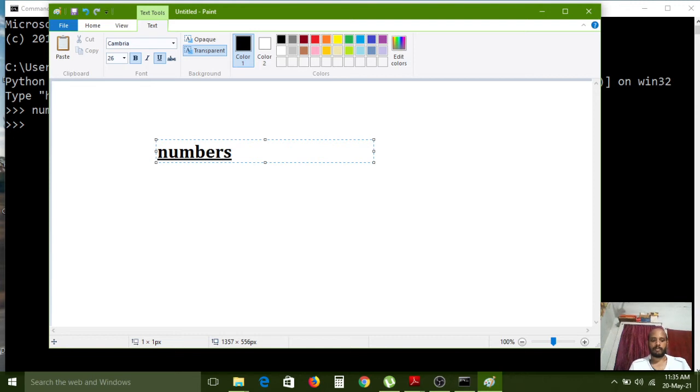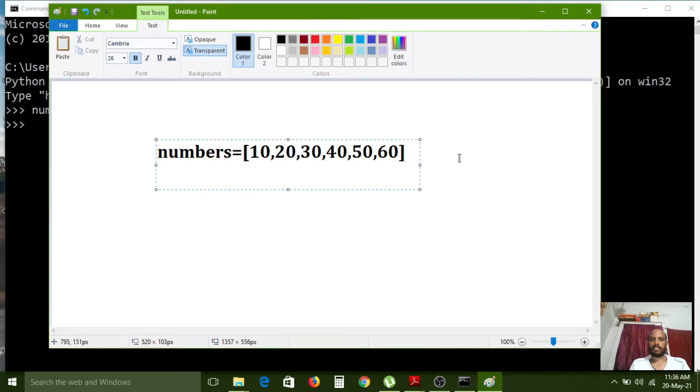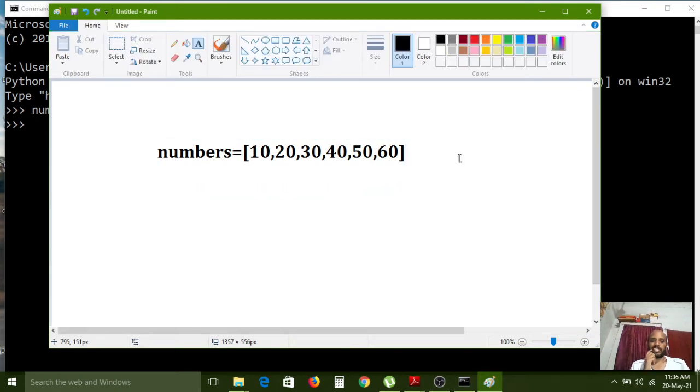Numbers is my list name, equal to 10, 20, 30, 40, 50, 60. Now I closed the list. These are the elements of my list. This list contains six elements only.